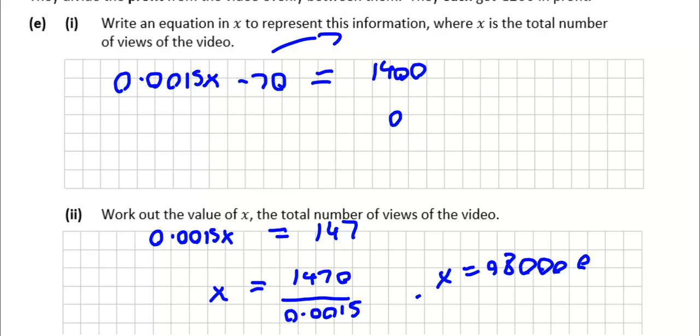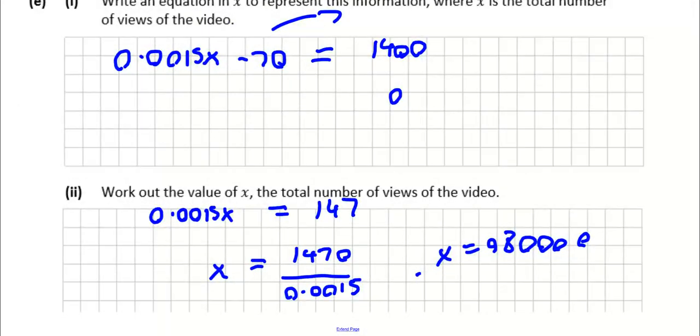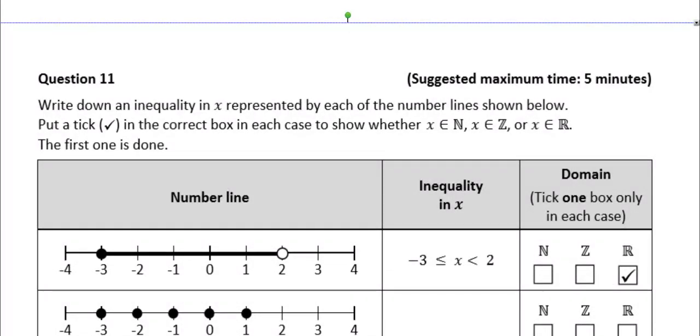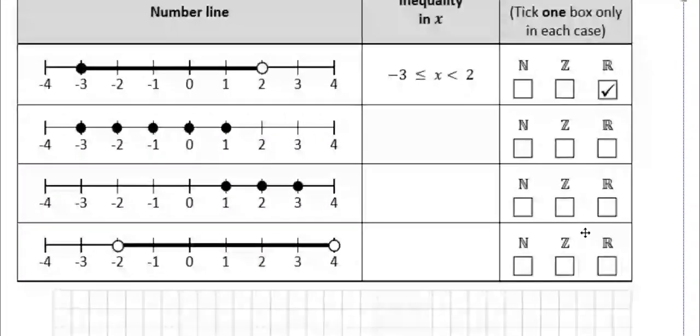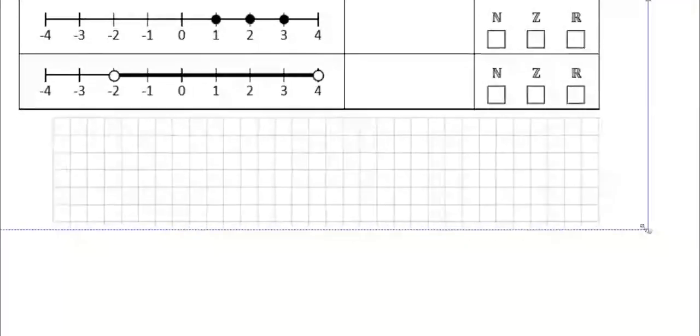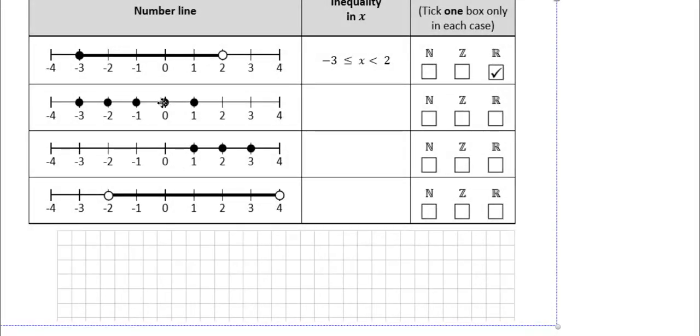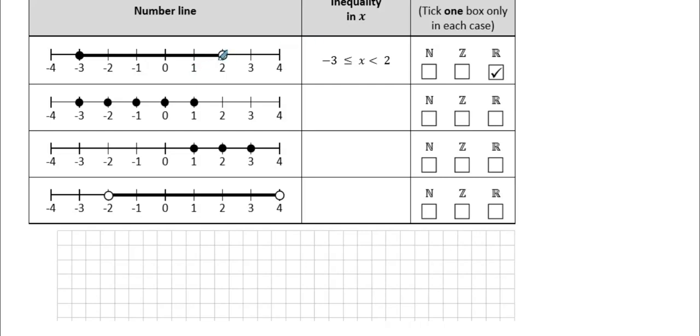Okay. So that's E part two done. Now, question 11. So we got to put down numbers on the number line. Now, key thing to remember about number lines is that when it's a shaded in line and not dots, a hollow dot means it's not included, and a full dot means included. So this is why there's a less than or equal sign that includes the -3,